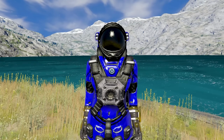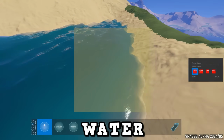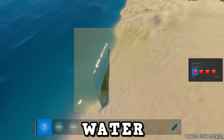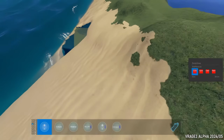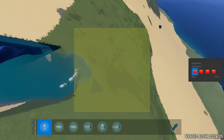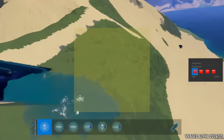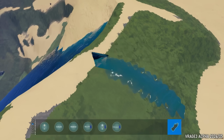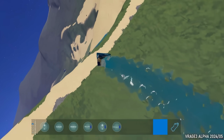So, the best place to start is water. Support for fluids, more specifically water, is going to be natively supported within V-Rage 3. But this isn't water like the water mod adds. This is water that flows, that reacts to changes in its environment, such as being displaced by a ship hitting it, or, as you can see in this video here, it reacts to destruction in the terrain. As you can see, a gap has been made in the side of this mountain, and the water is flowing